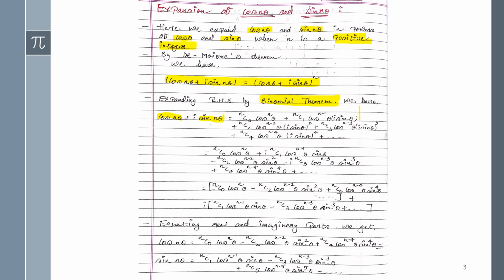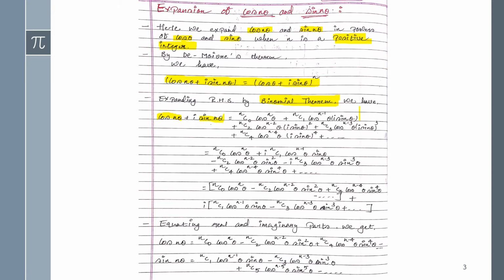So then after here, the first term as it is. I'm just simplifying now. First term as it is. For the second term, I'm just gathering all the terms one by one, real as well as imaginary numbers. So here it will be i, I'm writing it here, and the rest of the terms again keeping as it is, that is nC1 cos^(n-1) theta and sin theta.